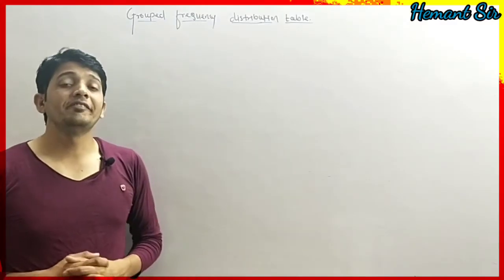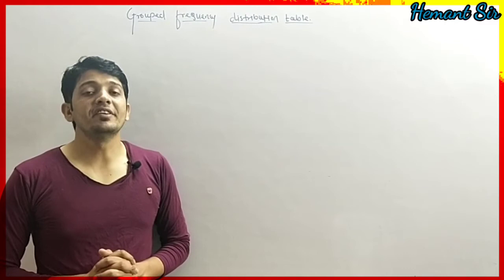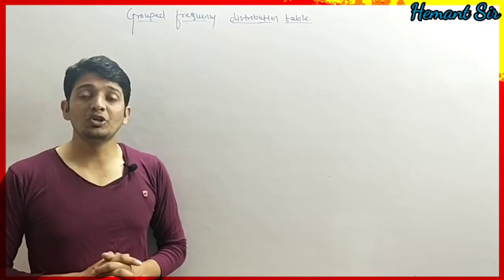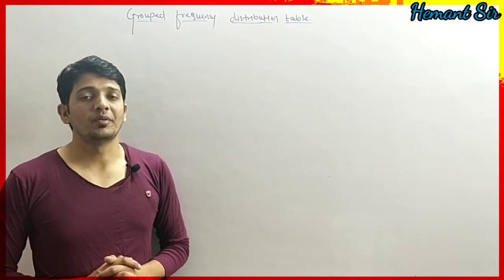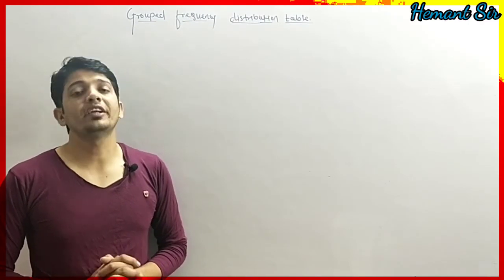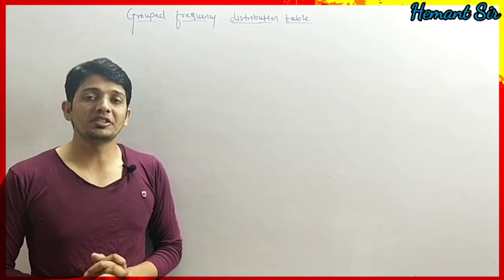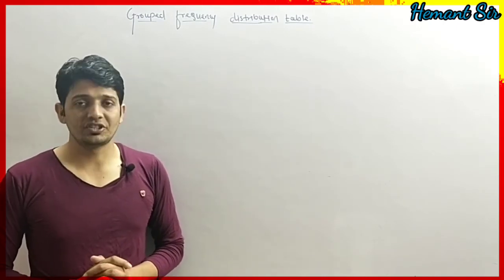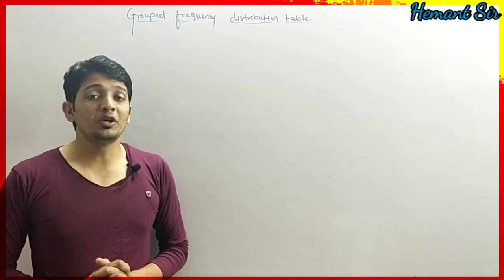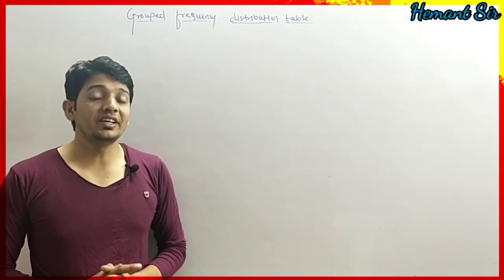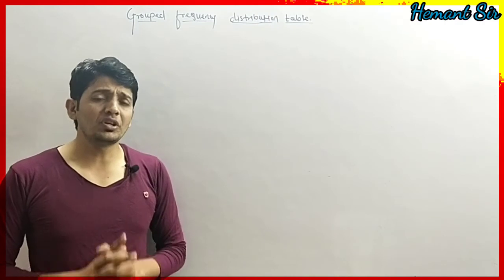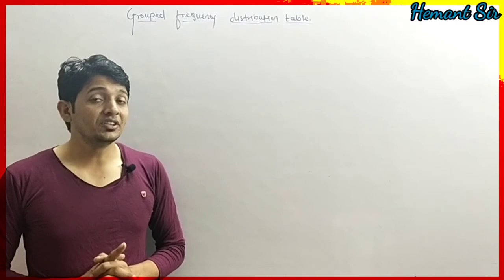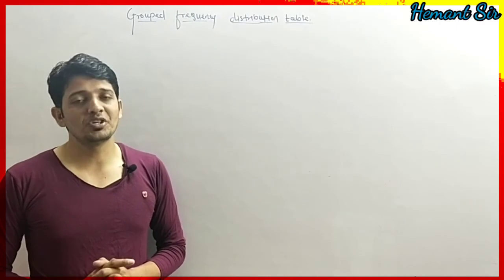So students, here we have completed our grouped frequency distribution table of two types, one is exclusive and another is inclusive type. I hope you have understood the exclusive and inclusive frequency distribution tables. For better understanding, you can repeat the video once. In the next video, we are going to solve practice set 7.3, which totally depends on the frequency distribution table, which is the grouped frequency distribution table.